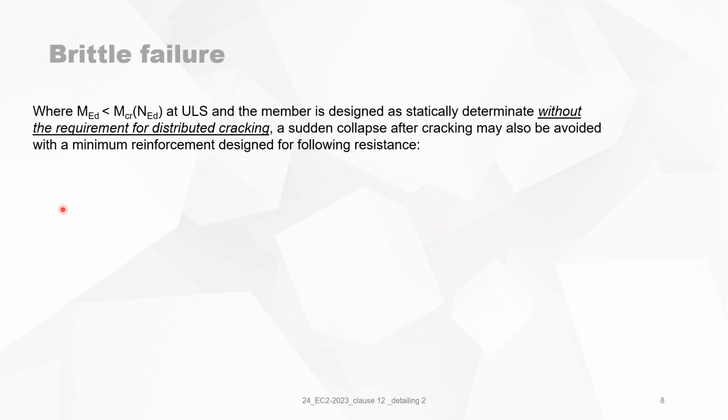Another element: when the bending moment is smaller than the cracking bending moment, which can happen at ULS, the member is designed as statically determinate without the requirements for distributed cracking. A sudden collapse after cracking, which is brittle failure, may also be avoided with a minimum reinforcement designed for following resistance. So what will you do when the applied bending moment is smaller than the cracking bending moment? Well, then,